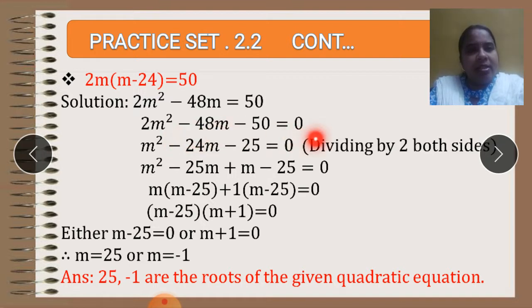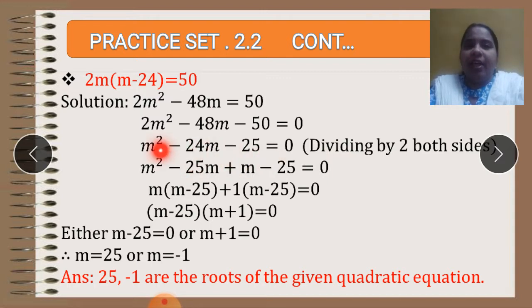Now at this step I want you to remember that if you have equations which can be reduced, like it can be divided throughout by any common factor, always try to reduce and get it in simple form. I am not telling you that if you factorize it as it is, 50 into 200, try to factorize 100 so that you get this 48. It is wrong? Absolutely not. It is correct if you do it by this method also, but in order to do it in an easy way, it's good that you divide throughout by the common factor. Now in this case, the common factor is 2. So my next step is dividing by 2 throughout.